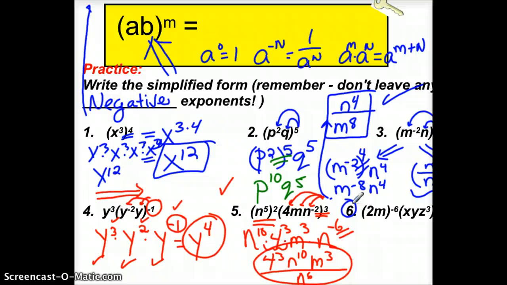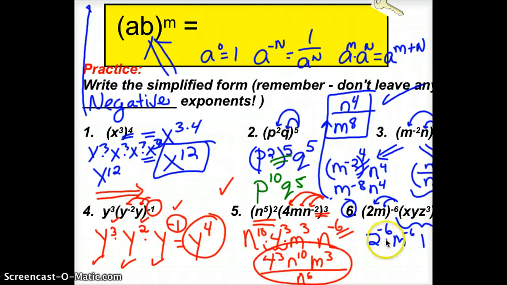I like this one. There's one like this on your quiz. I like it because we use pretty much all, well, not all the properties, but a lot of them. Here's a thing not to forget. Remember, anything, as long as it's in parentheses to the 0 power, is 1. This one, it's a chunk of stuff to the negative 6. And again, I think I'll just bring that in. I could drop the whole thing down right away, but I've got 2 to the negative 6, m to the